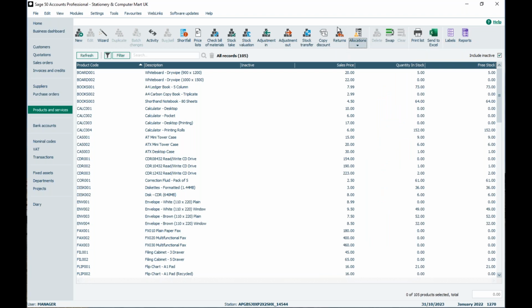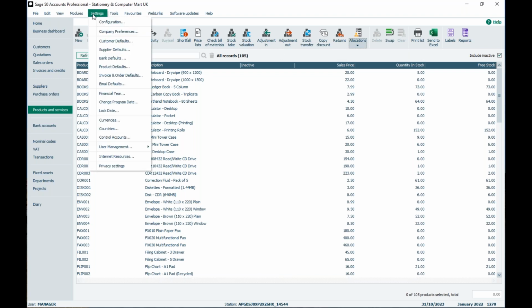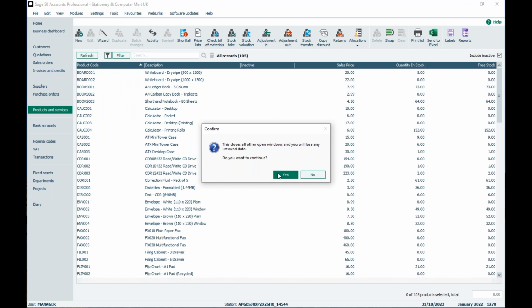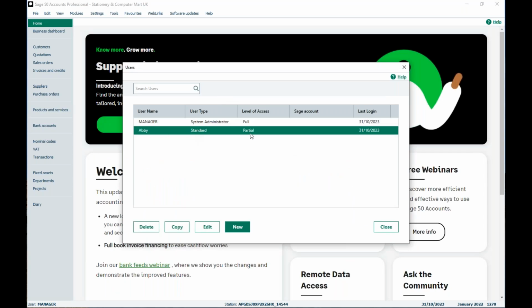And the third reason why you might not see it is it might be that your particular user does not have permission. And all you need to be doing there is getting a manager or an administrator to log in and amend your level of access. And they do that by going to settings, user management, users, and they would just select the relevant user as yourself. If I click edit,